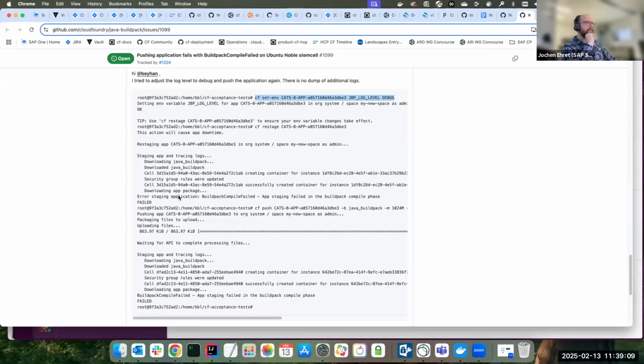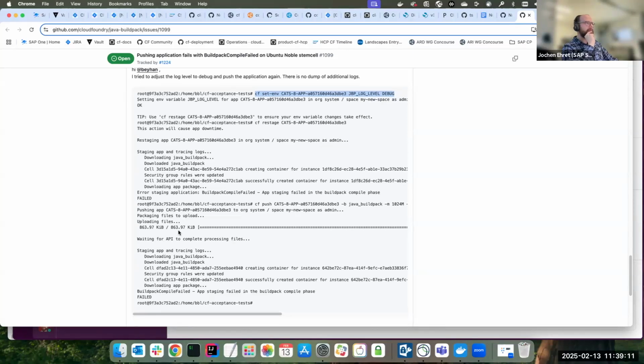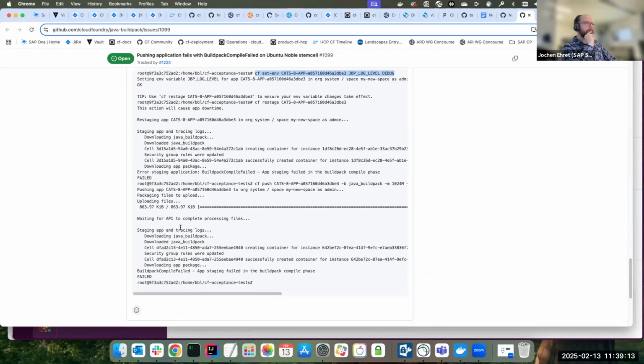And then restage and then push again. Of course, if it fails very early and doesn't really do anything with the Java compiler, that could be completely misleading. I really don't know.